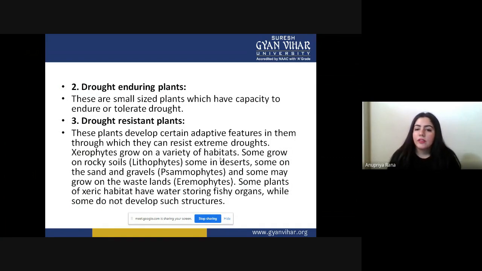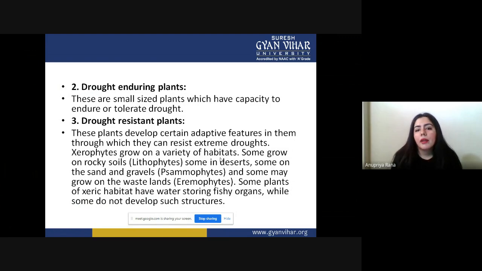inside this kind of extreme drought condition. So that's why you can say they are a true kind of xerophyte which lives through this waterless condition, and due to their growing pattern in different habitats, we give them some names. Like if a plant can grow on rocky soil, we call it a lithophyte. The plant which grows on rocky soil is called a lithophyte.